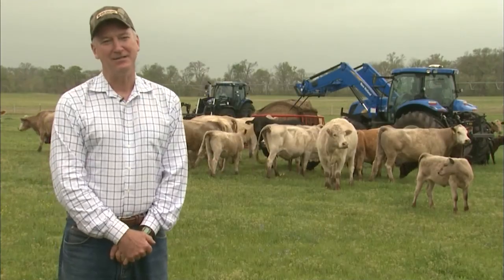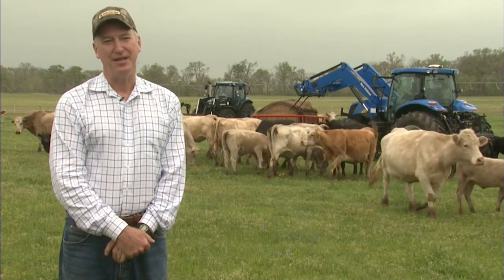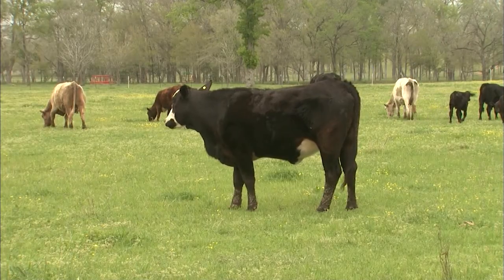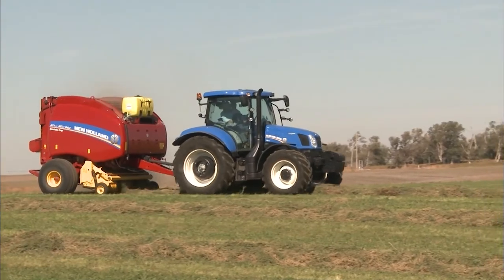Quality is obviously got to be your first priority. You spend a lot of money, you invest a lot of money in that hay crop, and you want to do the very best that you can. That way it translates into greater gain for your animals, quicker rebreeding. So I would just encourage them to make the investment in whatever they feel they need to turn out that